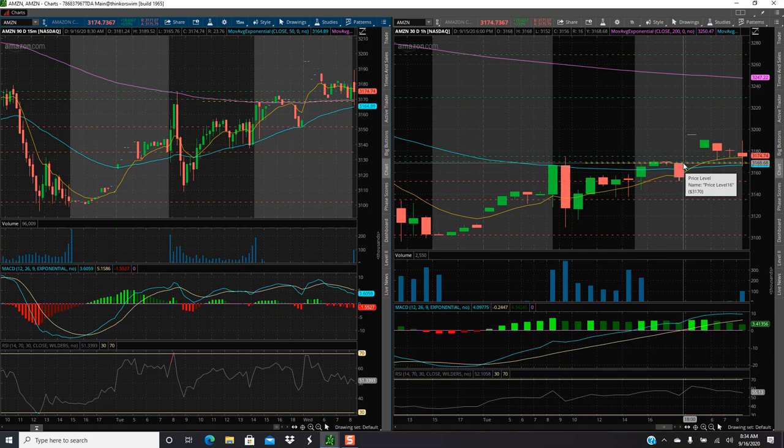We did close the gap, see? So we gapped up. No, we didn't. Still haven't closed the gap. So the gap would be from the close of the last candle to the open of the new candle. This is where it started, and this is where it closed. So right here would be the gap,